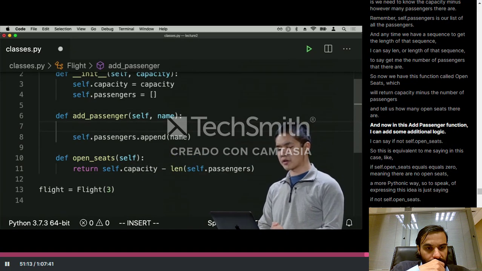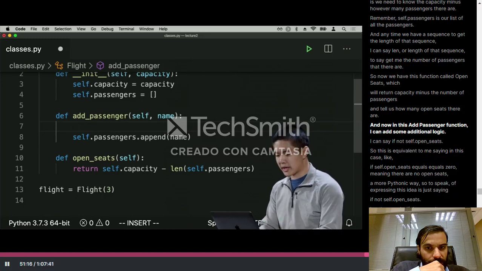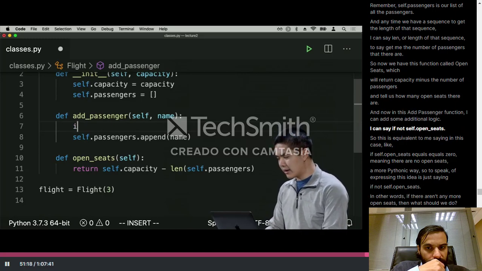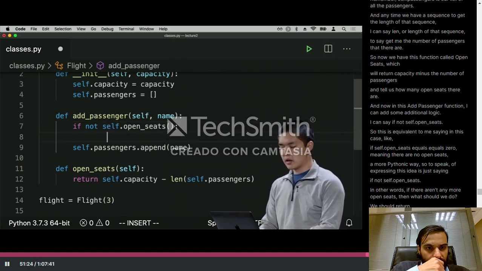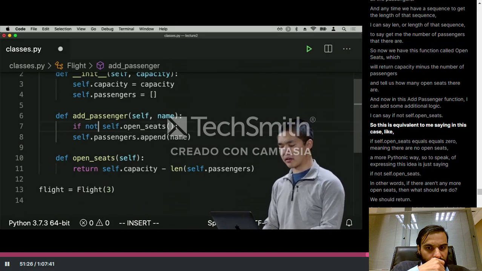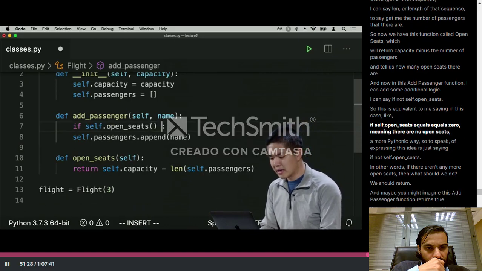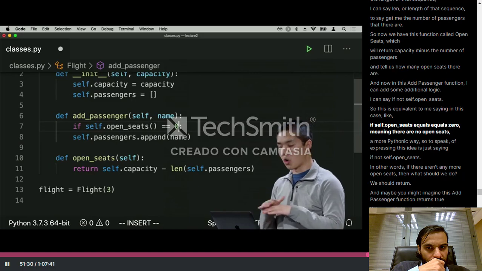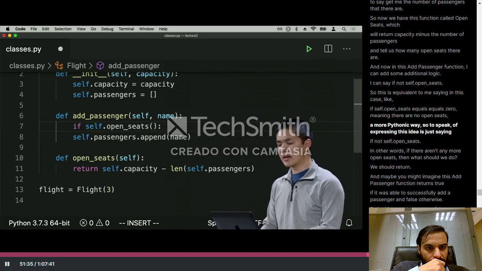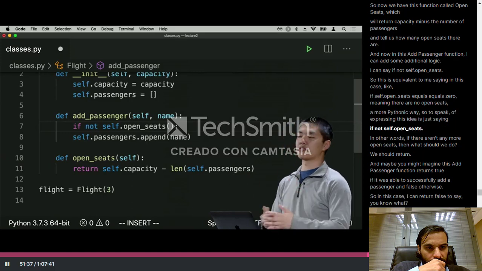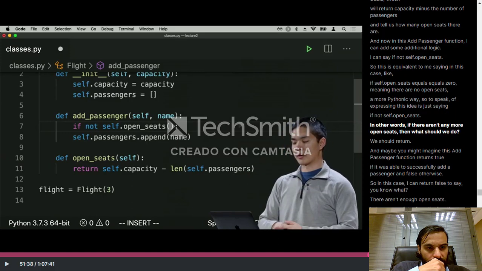And now, in this add passenger function, I can add some additional logic. I can say, if not self.open_seats. This is equivalent to saying, if self.open_seats equals 0, meaning there are no open seats. A more Pythonic way, so to speak, of expressing this idea is just saying, if not self.open_seats. In other words,